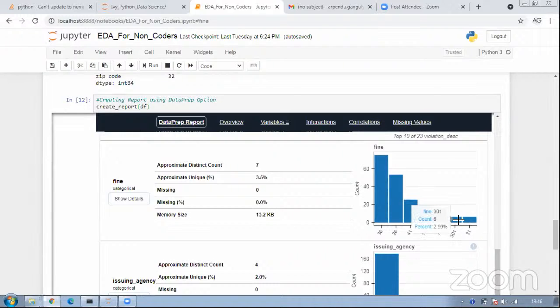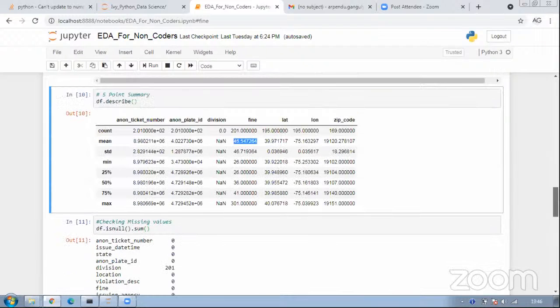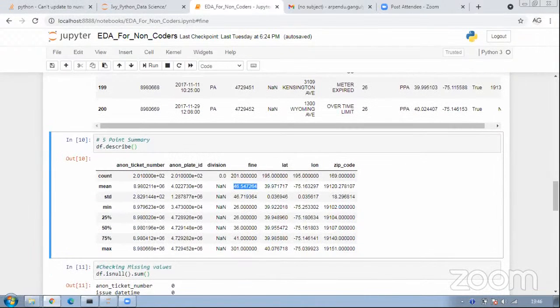So if you see in terms of the maximum one, 301, there are only 6 people who are paying the fine. Now when we said that fine had outliers, these are the 6 folds which are basically increasing my mean value. This is where you need to tie the points.